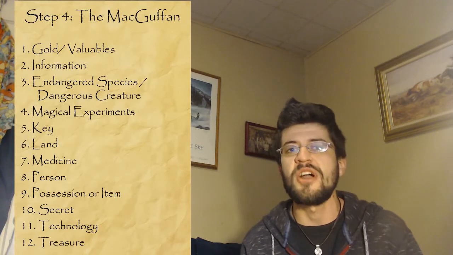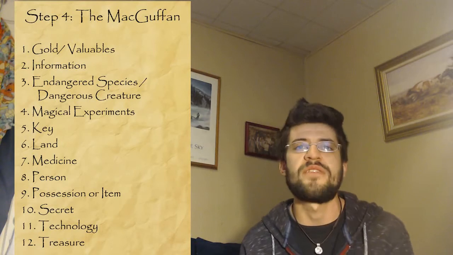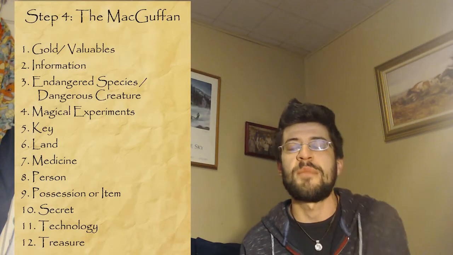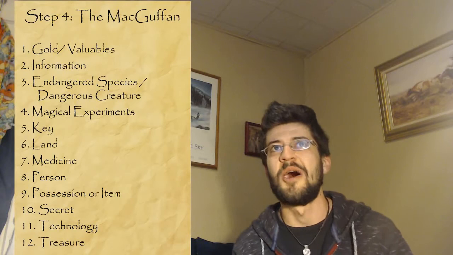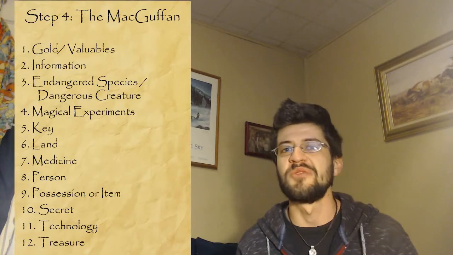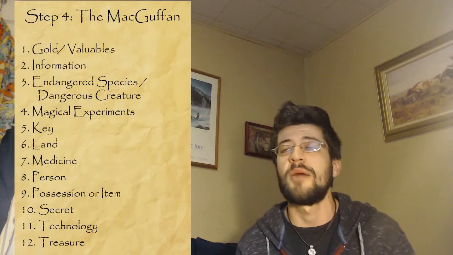So that's what a MacGuffin is essentially. It's just any vague thing that serves a plot point. It's a plot driver essentially. So I didn't want to assume that you guys knew what that was. I'm sure that a lot of you did though. Number 1 though is golden valuables. Something very valuable, or a treasure or trove has been stolen, and the players need to find out what it is